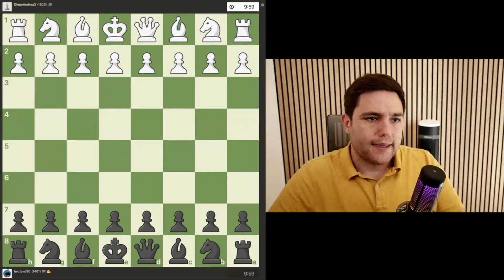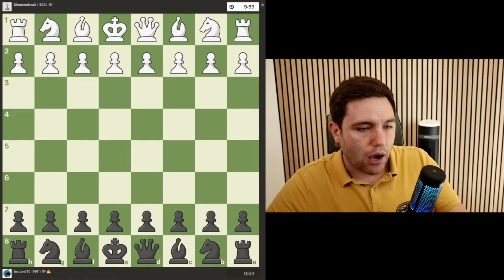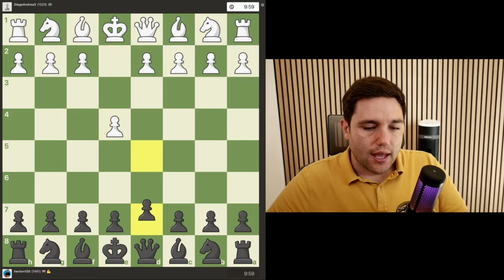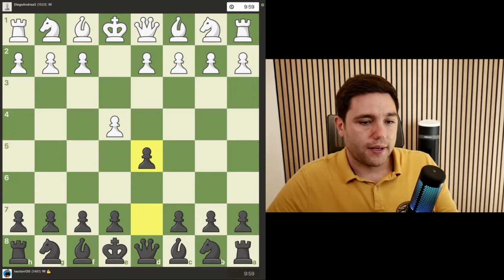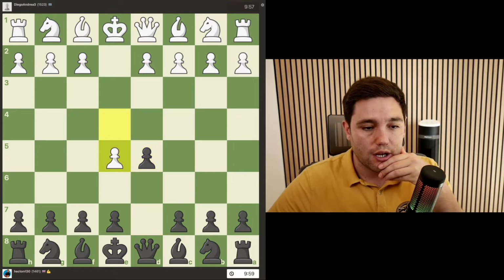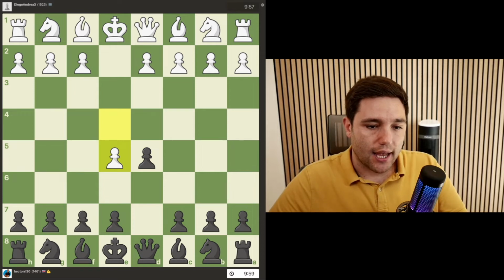So there you go. At this point I was 1461. I'm slightly higher now, but I was playing against a 1523, and so we started here. I'm starting with the Scandinavian Defense, which is a typical opening I play as black. Now in here I already know this is a mistake, and the reason for that is this is going to resemble a French Defense structure,